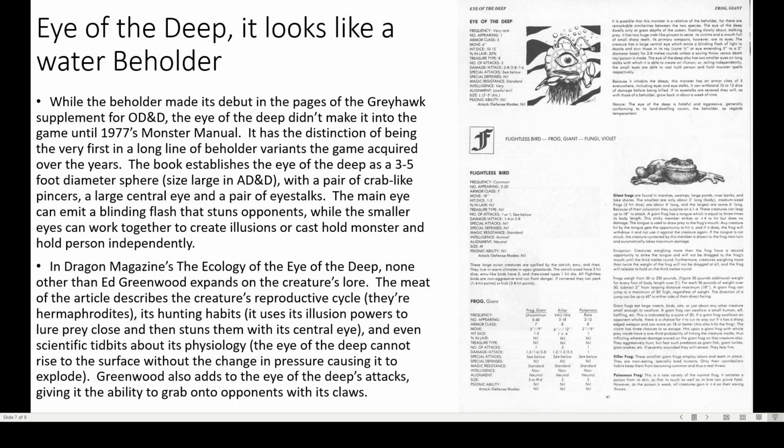Eye of the Deep. It is possible that this monster is a relative of the beholder, for there are remarkable similarities between the two species. The Eye of the Deep dwells only at great depths of the ocean, floating slowly about, stalking prey. It has two huge crab-like pincers to seize its victims and a mouthful of small, sharp teeth. Its primary weapons, however, are its eyes. The creature has a large central eye which emits a blinding flash of light to dazzle and stun those in its ray, a half-foot cone at the eye extending 3 feet to a 2-foot diameter base,